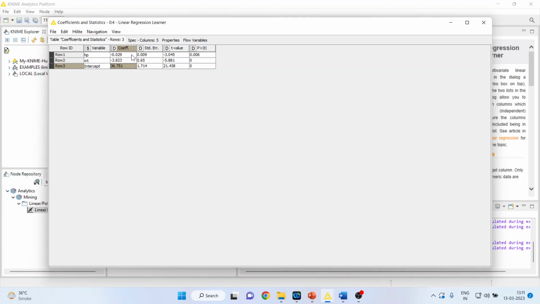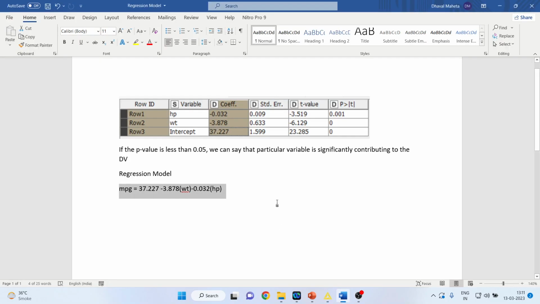What will be the interpretation? How can we interpret this? Let's see. If the p-value is less than 0.05, we can say that the particular variable is significantly contributing. It is weight or horsepower that is significantly contributing to the mileage of the vehicle, which is the dependent variable. What can be the model here? So MPG is equal to 37.227, which is a constant, minus 3.878 into the weight, minus 0.032